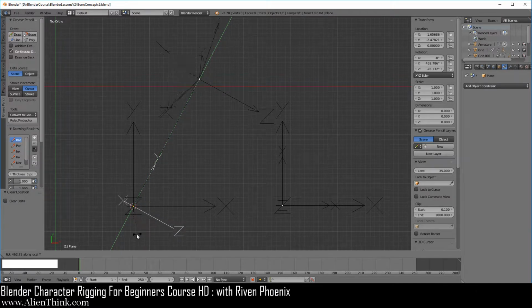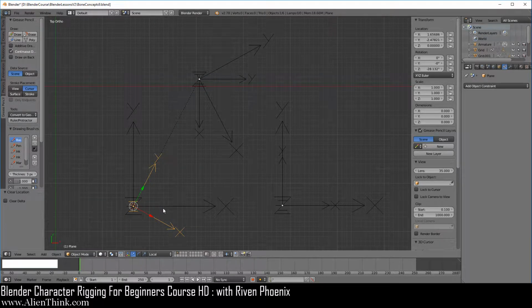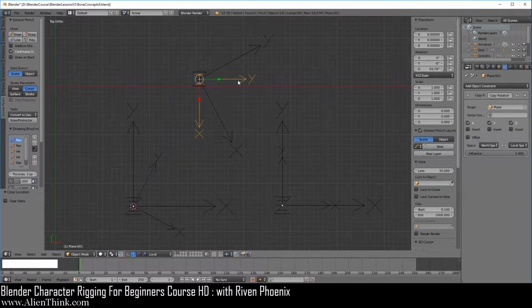See, it's rotating around Y, and at the same time it's rotating with the parent. Look at the y-axis on the child. If you just stare at it, you'll see that it's actually just rotating around itself. That's what's going on.